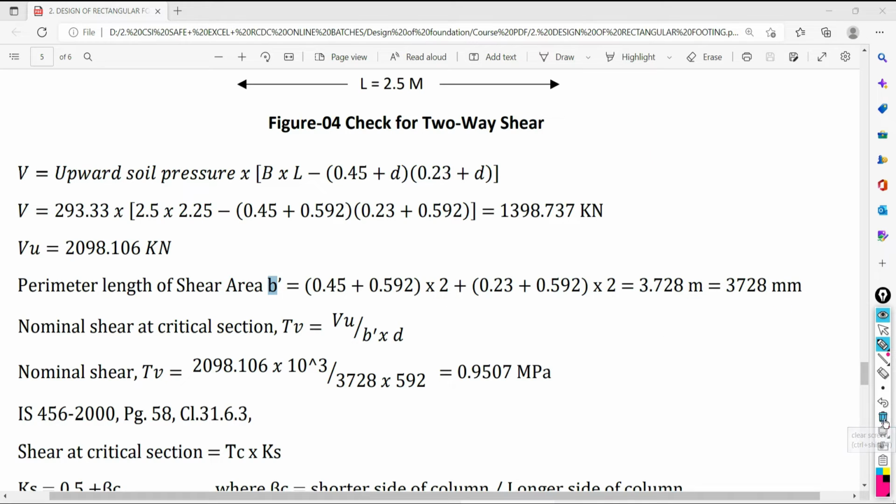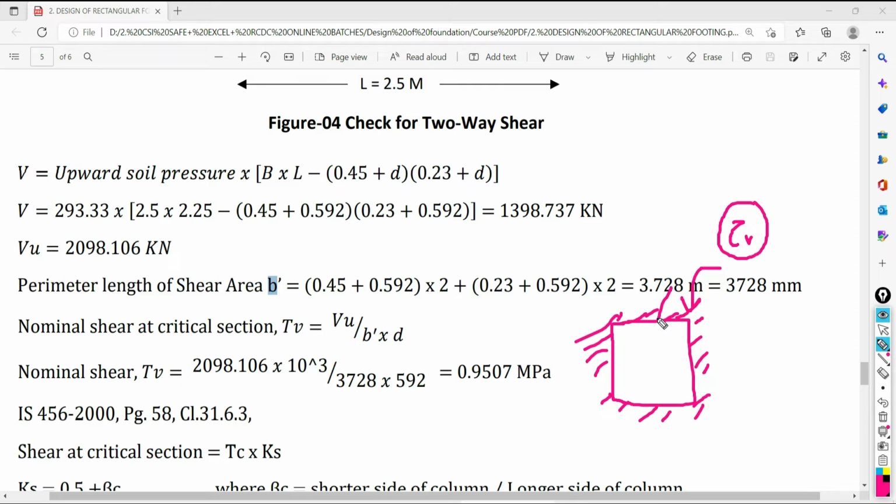Now actual concept of performing the shear check is what? We need to find out the nominal shear that is going to be developed at the considered critical section. Due to action of the loading, how much the nominal shear is going to be developed at this critical section, and you have to compare that nominal shear with your critical shear capacity of this section. If your nominal shear that is going to be developed due to application of the loading is less than your critical shear, means the capacity of this section.